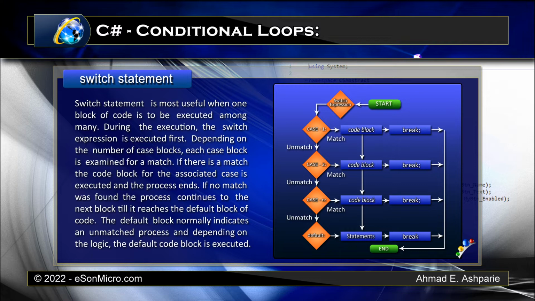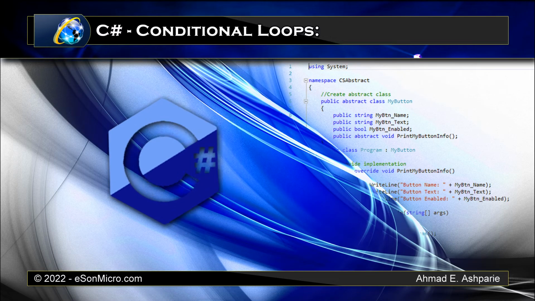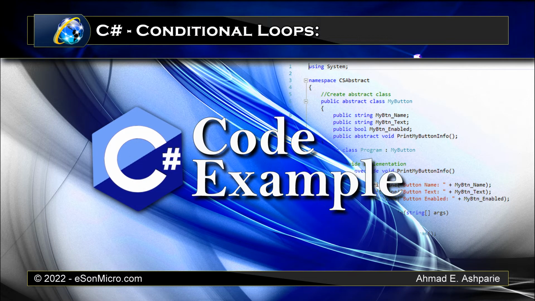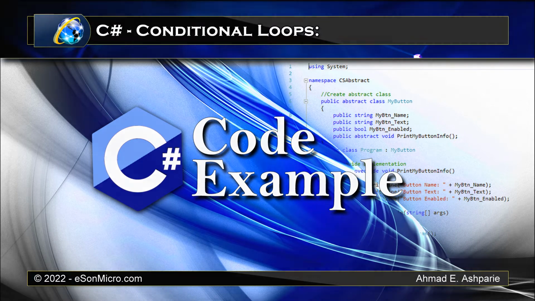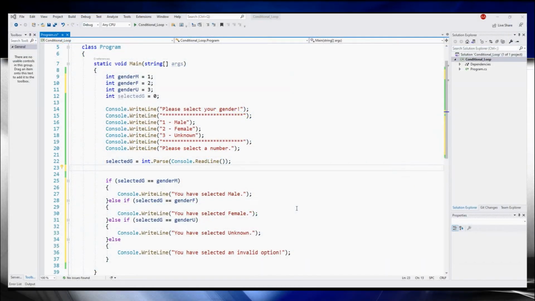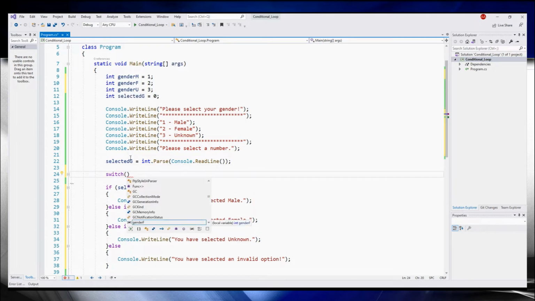The default block normally indicates an unmatched process, and depending on the logic, the default code block is executed. Now, let's go to Visual Studio and try some examples. We will use the same application that we created earlier and make some modifications, changing the if statement to a switch statement. Switch, selected gender,